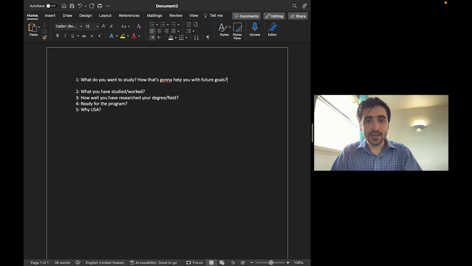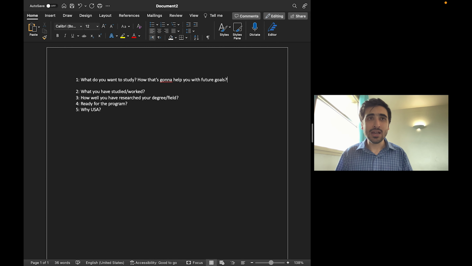So this is the first thing you have to explain in detail, and obviously it's the first paragraph, so it's better to make it very attractive, so that it grabs the attention of the reader, and they keep reading your whole research statement with an open mind. Don't use harsh words that create a very strict perception about you. Be generic, but be specific about what you want to achieve with your study goals, and how that's going to help you.